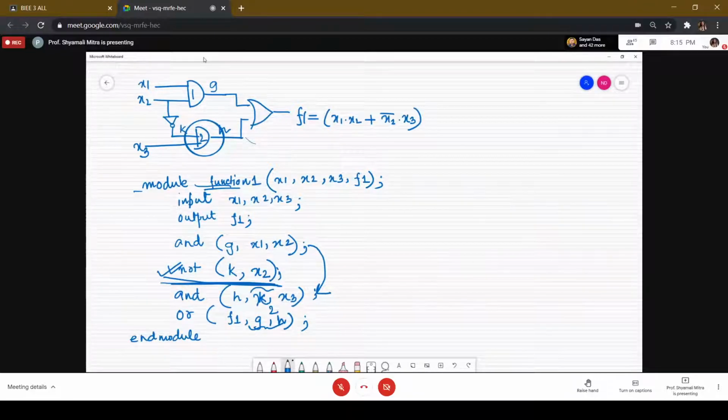Verilog syntax does not enforce a particular style of code. That means you don't need to write line-wise alternate sentences. You can have the AND gate with parenthesis g, x1 comma x2, and you can write the not function here also. Only to look better and to represent it in a better way, we are writing these functions in consecutive sentences. If you have given a semicolon here, then obviously Verilog will understand that the next statement you are going to write, you can place it over here, and Verilog will understand the rest of the things.